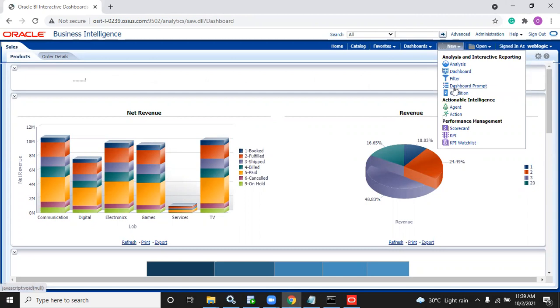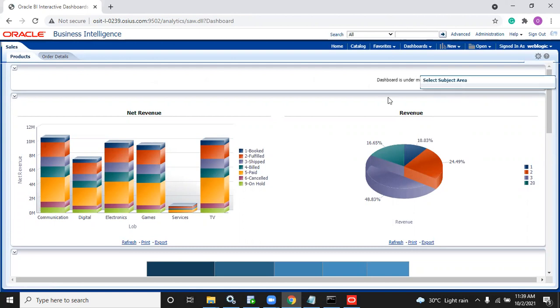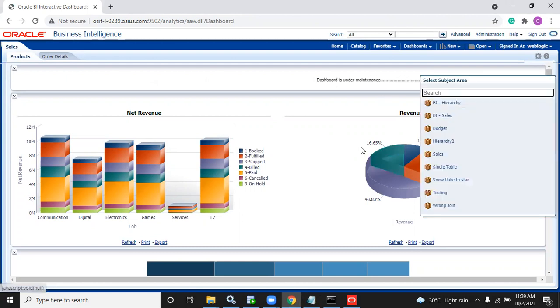How to create that? Here, this is the option for dashboard prompt. You have to go to the subject area from which these reports are developed. If the reports are developed using two different subject areas, then using which subject area should we create the dashboard prompt?